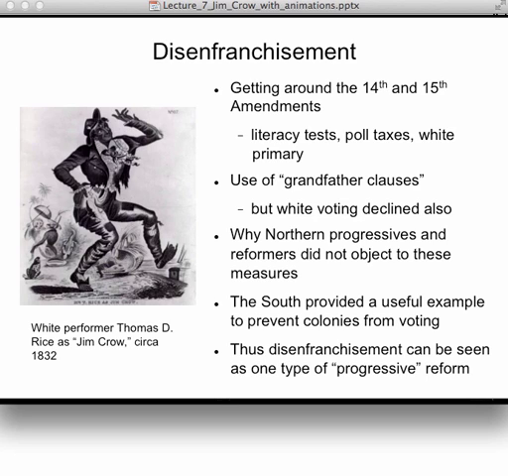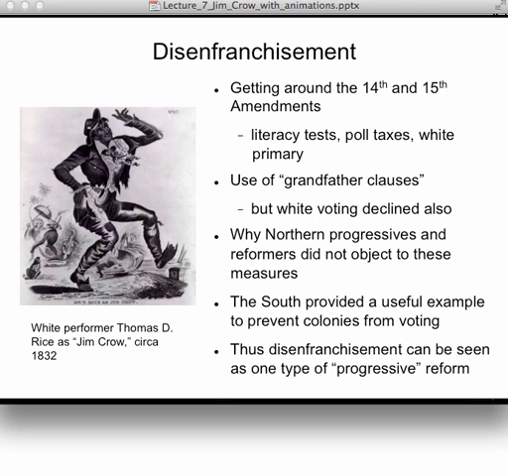Now, it's interesting that literacy tests and poll taxes especially also discriminated against poor white people, many of whom also could not read or could not afford to pay the tax. So, in a number of states, white supremacists tried to figure out ways to keep poor white voters on the voting rolls while getting rid of poor and illiterate black voters. And the favorite method of doing this was called the grandfather clause. Now, you've probably heard this term before. We use it for all kinds of things nowadays.